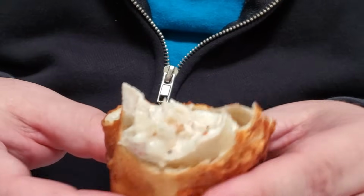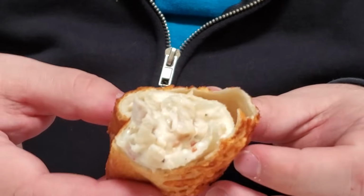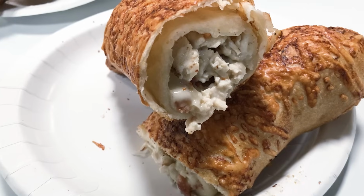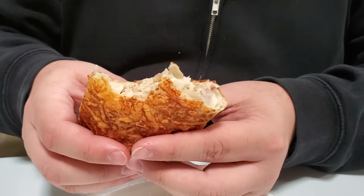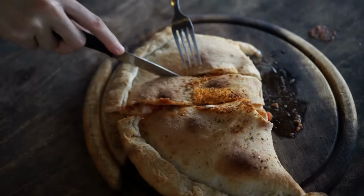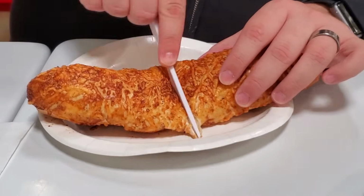This faux burrito is essentially a Hot Pocket, nearly a loaf of bread rolled around chunks of chicken swimming in creamy cheese sauce with a little extra cheese toasted on the outside for good measure. While there's no denying the chicken bake tastes amazing, the micronutrients it delivers to your physiology are an entirely different story. In the same way you wouldn't consider a calzone healthy eating, you should consider a chicken bake a dietary